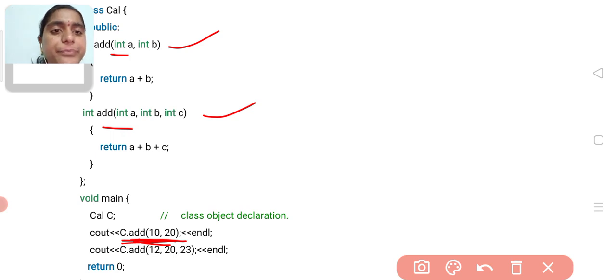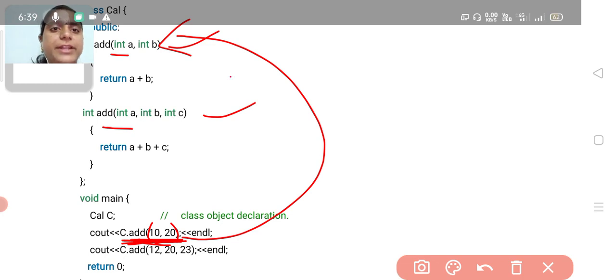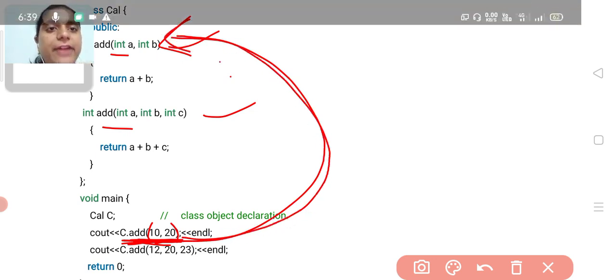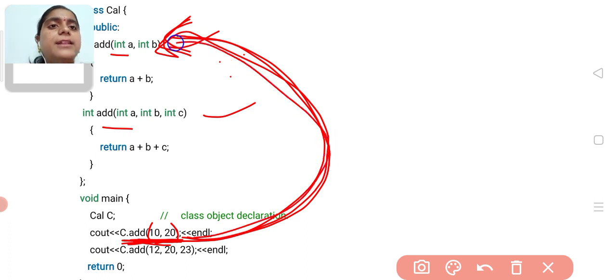See here, in this function call we have given two arguments, two integer values, 10 comma 20. So this add function is matched to this function, which also takes two integer values. When we call it, it calls this function.